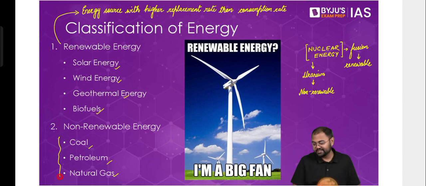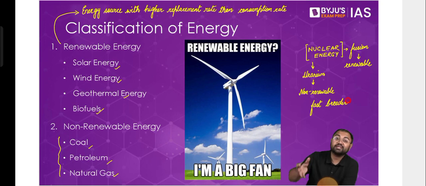But then there's the other argument. When you look at radioactive pollution, there is no carbon-based pollution, but there is radioactive pollution. So because there is radioactive pollution, should we say that it is a clean source of energy? Perhaps we cannot. Then there is another argument, based on a kind of reactor called a fast breeder reactor. A fast breeder reactor will be able to produce more fuel than the fuel that it consumes. So then it becomes renewable. So now the dilemma is whether to call it renewable energy or non-renewable energy.